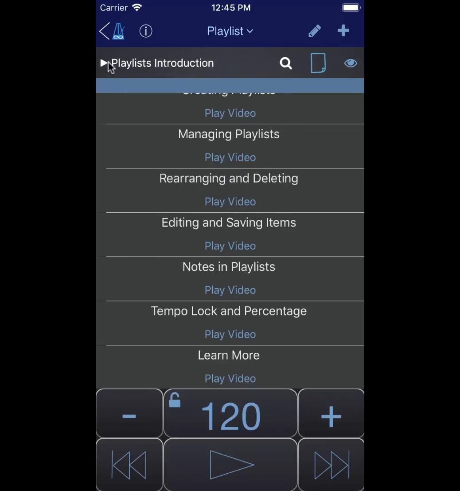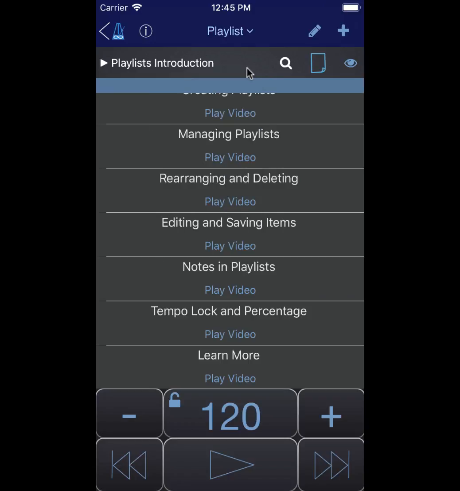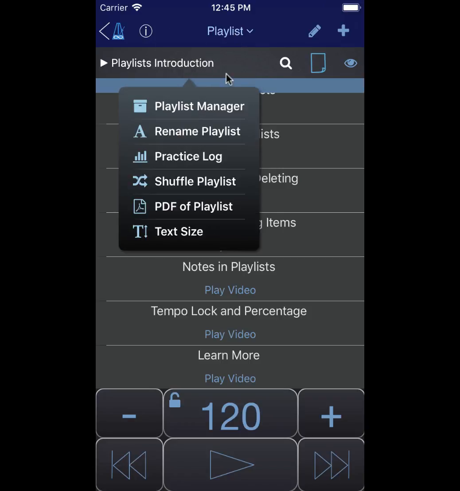So on this page, you can tap the playlist name, and you can go to Playlist Manager there. You can rename the playlist. You can view the practice log for the playlist. You can mix up the items in it. You can print a PDF, which is good for set lists for bands. That's very cool. Okay. And you can change the text size. So if I go into Playlist Manager, so basically,